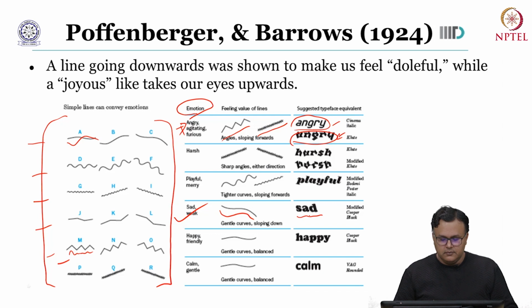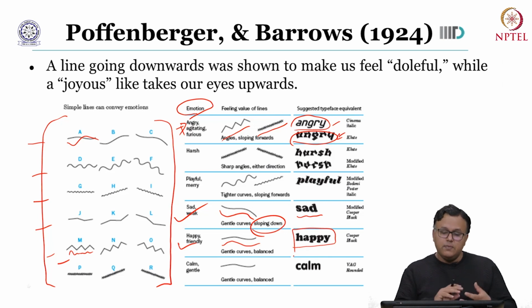conveying. Now, if you were to compare that with happy friendly, then it is observed that if you have these gentle curved balanced lines which are not sloping down like sad, then this is more easily conveyed, right? So, just by changing the typeface, the orientation of the basic components which are coming in together for the word formation, we can have the user interpret the emotion from the text easily, and this is how you can convey the emotional content clearly to the user.